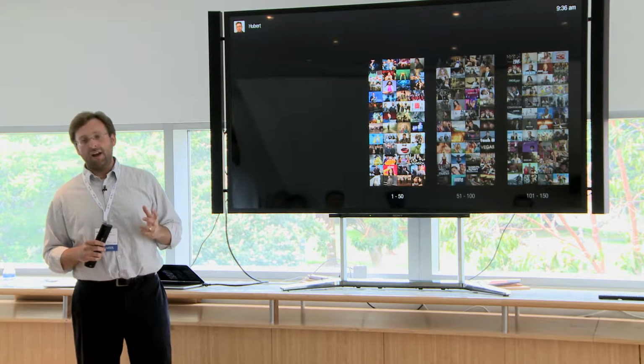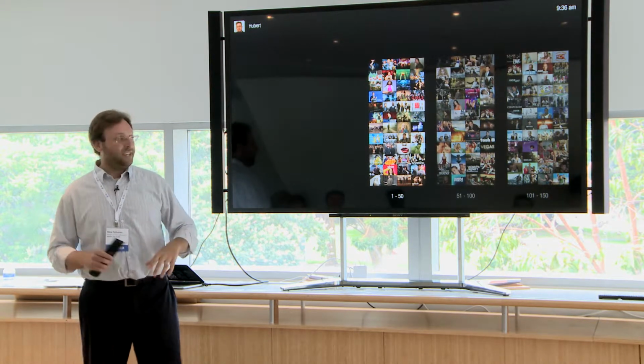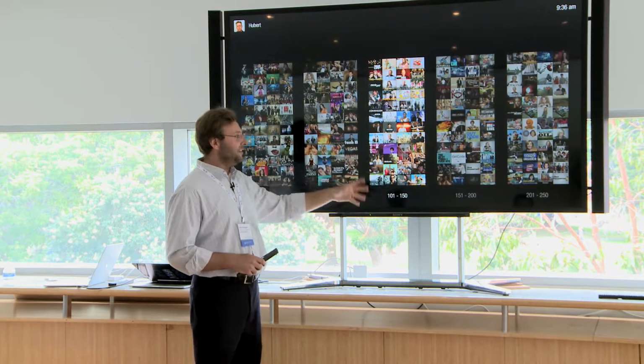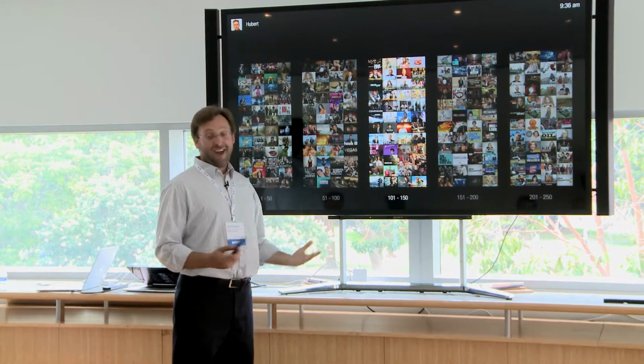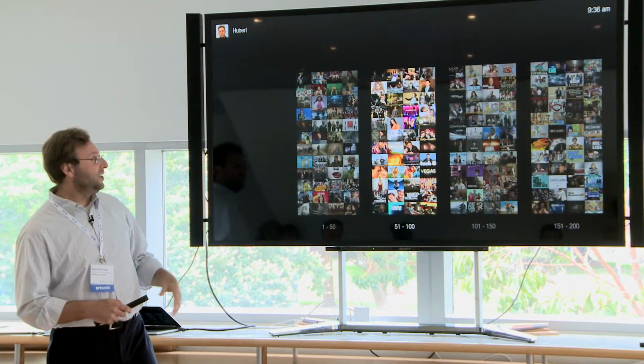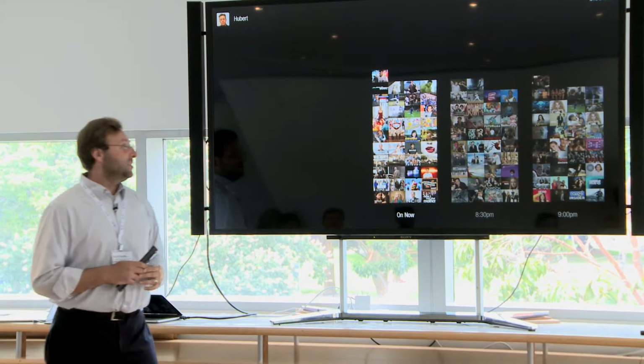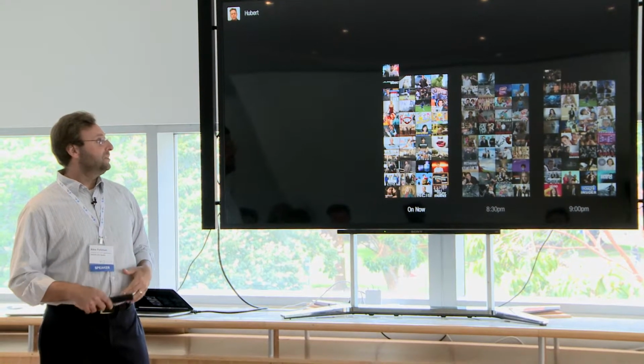This is that what's hot concept, where it's taking all the live TV stuff and saying, here's your stack of top 50. This is 51 to 100, 100 to 150. I'm not sure how many people are actually going to ever navigate past the first stack of what's hot, but it's really cool that you can get a nice organized view of the things that are most popular right now. Then if I want to go into a stack, I can simply select it,